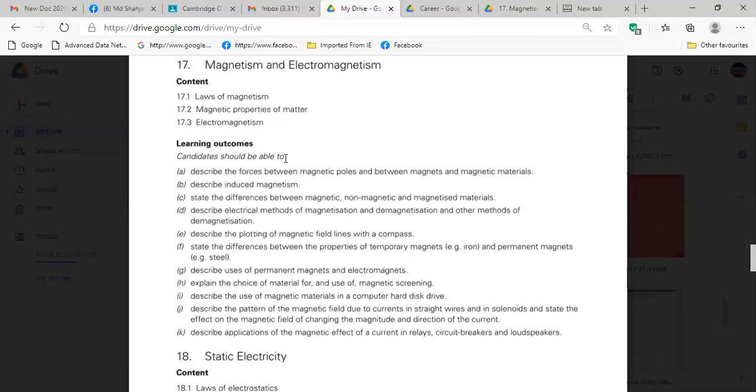Those are non-magnetic materials. Give the example: copper, wood, glass, etc. Okay, done.